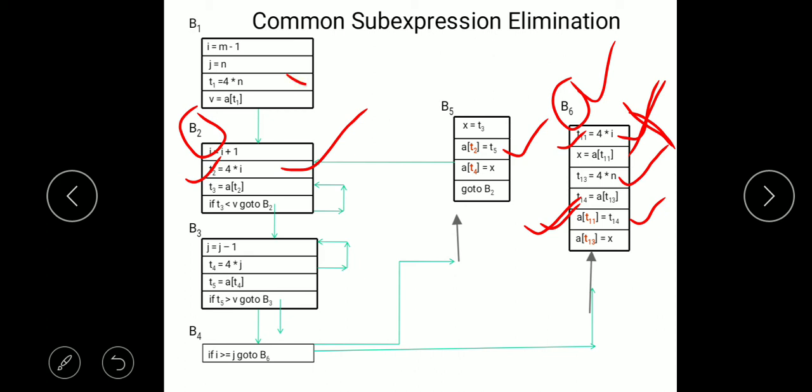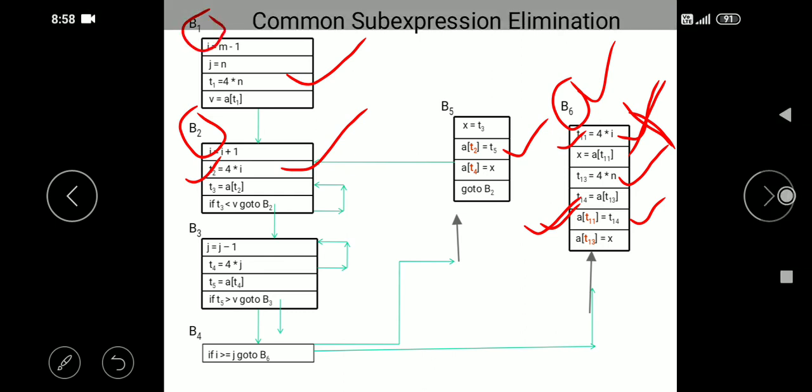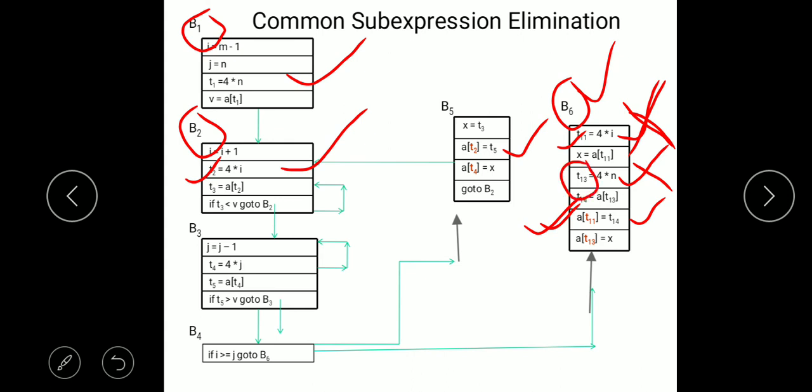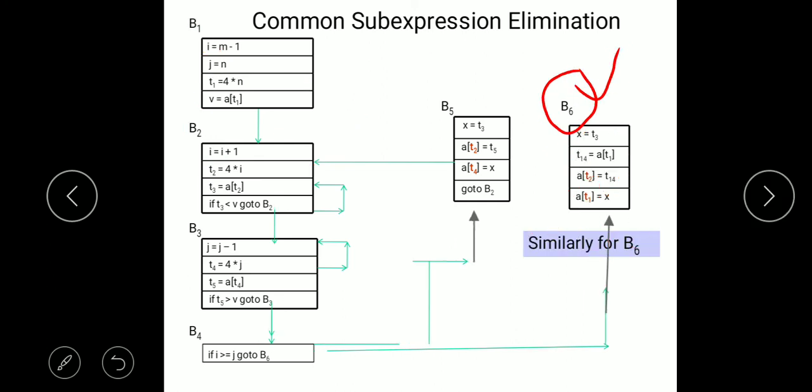Because it is already being computed in B1, so we can eliminate this statement, and we will change all references to T13 to T1. Here, in place of T13 we will use A of T1 equal X. So after eliminating both common subexpressions, number 1 this one and number 2 this one, you can observe this change in basic block B6.